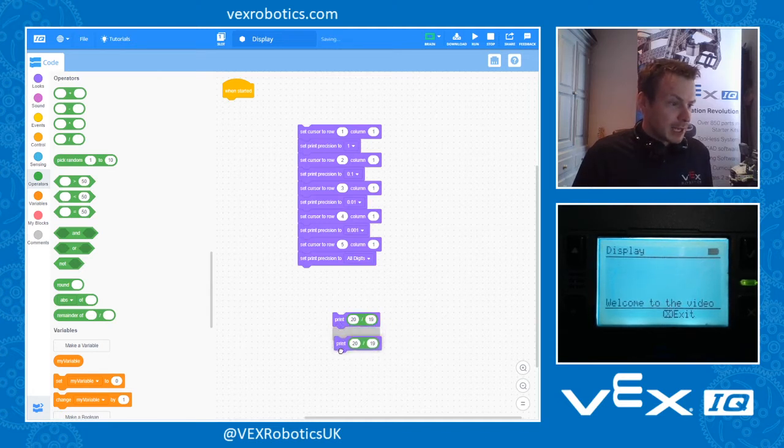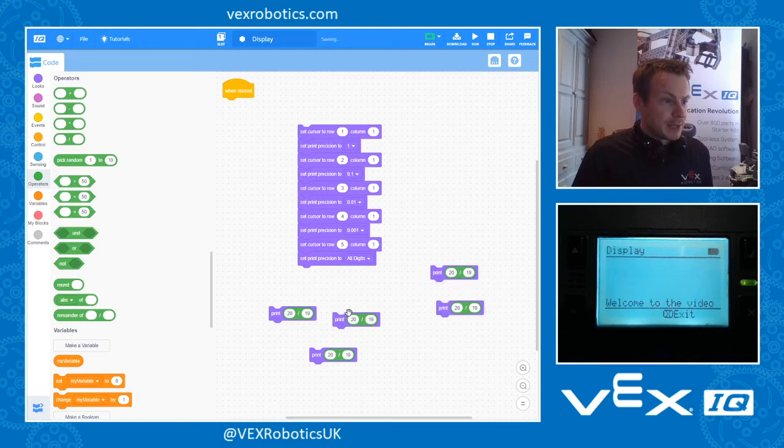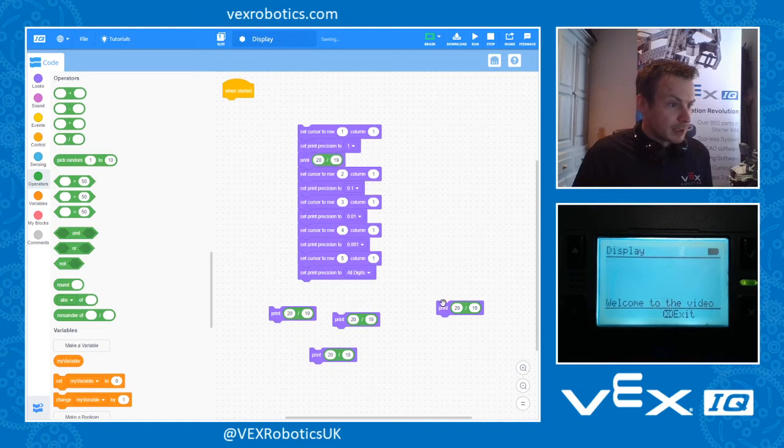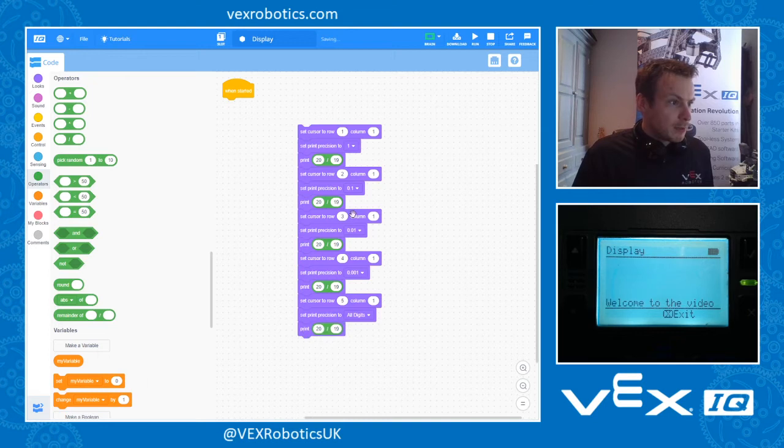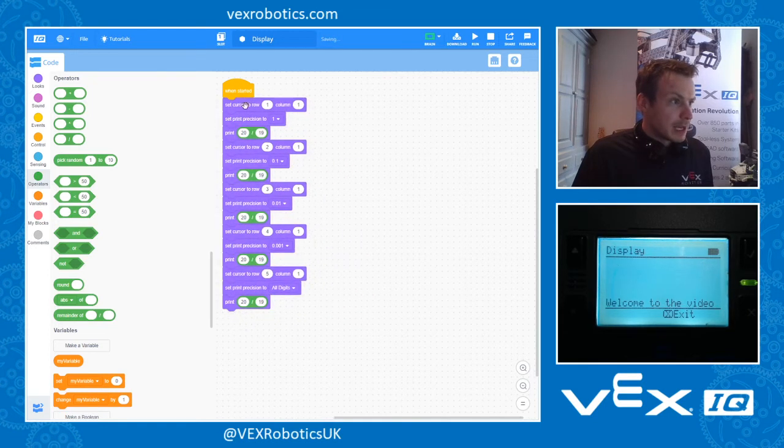I'm going to duplicate that block, so I've got 5 of them. For now I'm just going to display the same thing on the screen over and over. So after I set it to precision 1, I'm going to show that on line 1, this one on line 2, this one on line 3, and it's the same sum every time. But let's see what happens if we display that to the screen. So I'm going to download my program